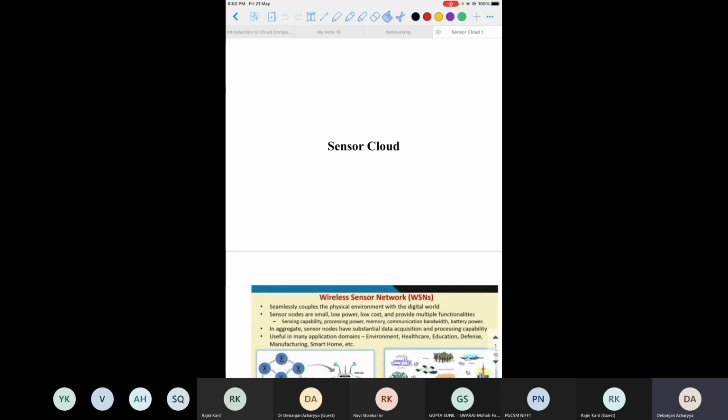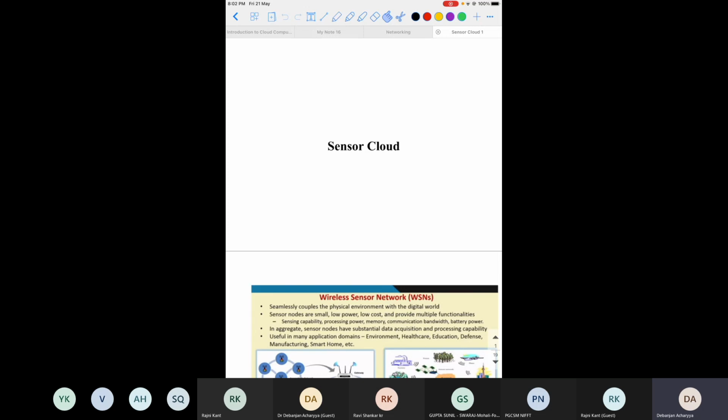So, we will continue our discussion on cloud computing, what we have started in our last class. Today, we will discuss a topic which is very much relevant in the present context of our daily life, from the daily life to the automation industry. That is sensor cloud.